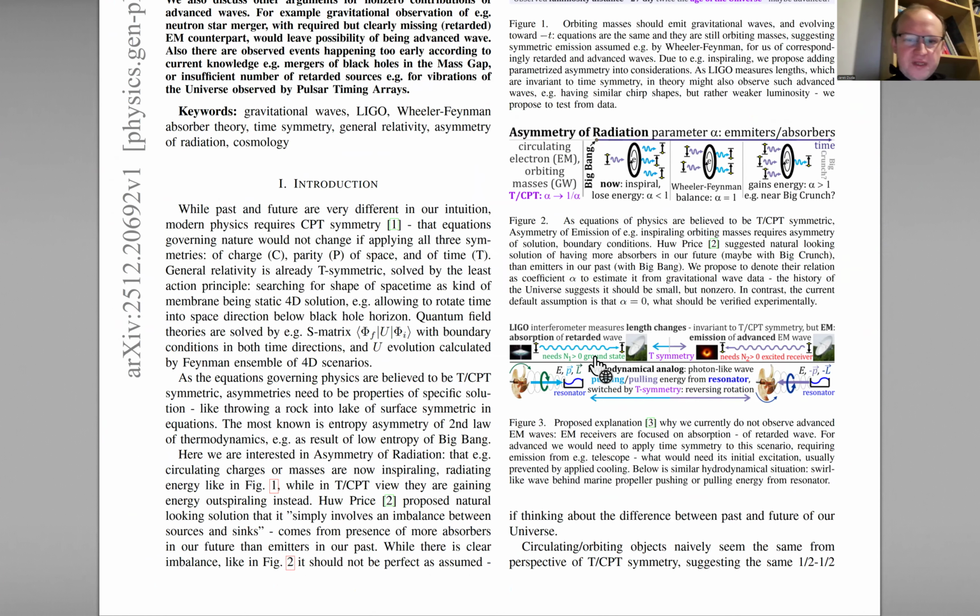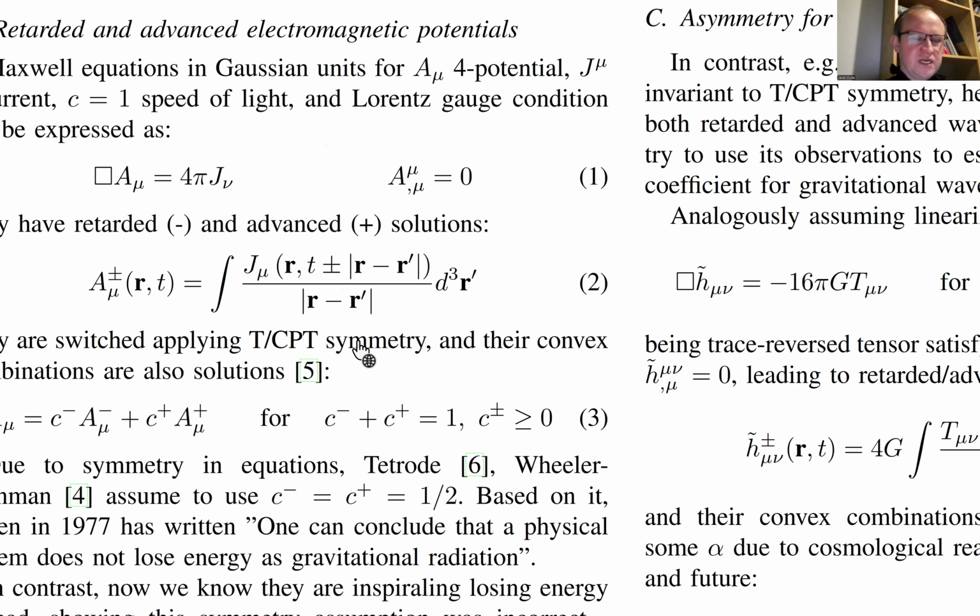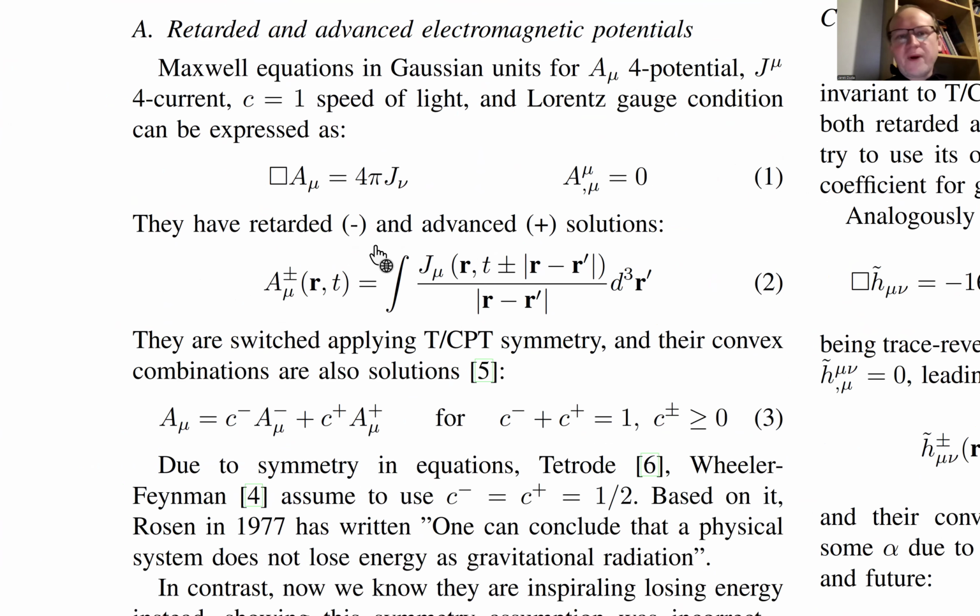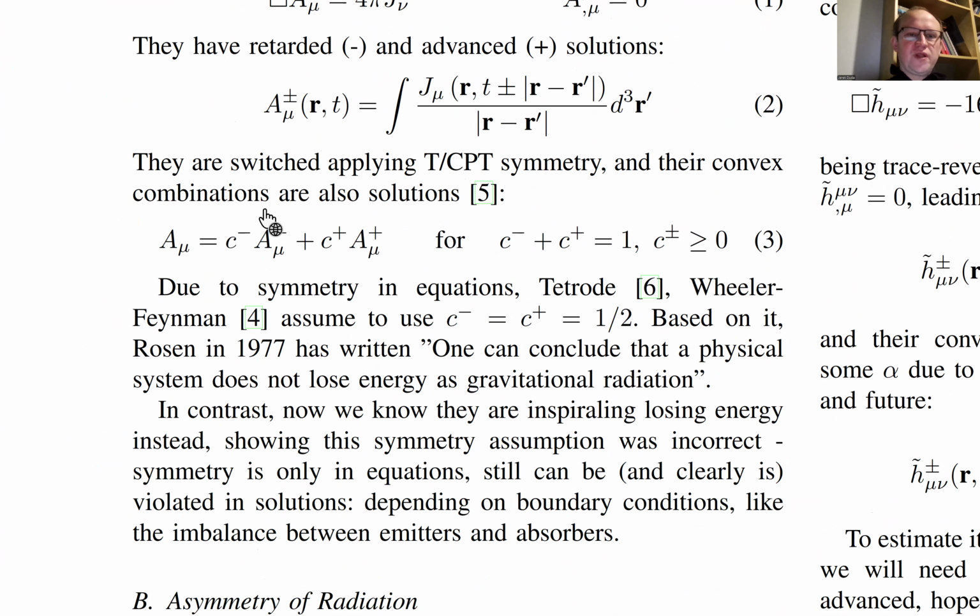Okay, so maybe very briefly, let's look at the equations. Here are the Maxwell equations in the most compact form, which have this solution, but due to symmetry, there are two types of solution: the retarded and advanced solution. Yeah, so it's plus or minus in time. In Wheeler-Feynman, it is assumed that both have one half contributions. However, in theory, they are allowed any convex combination. So maybe we shouldn't choose. One half is definitely wrong because of inspiraling. Yeah, so it loses energy. So definitely the retarded is stronger, but the question is whether the advanced is zero.